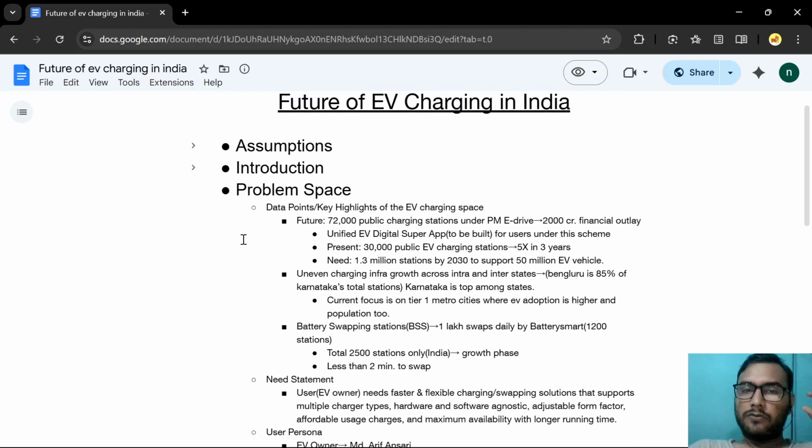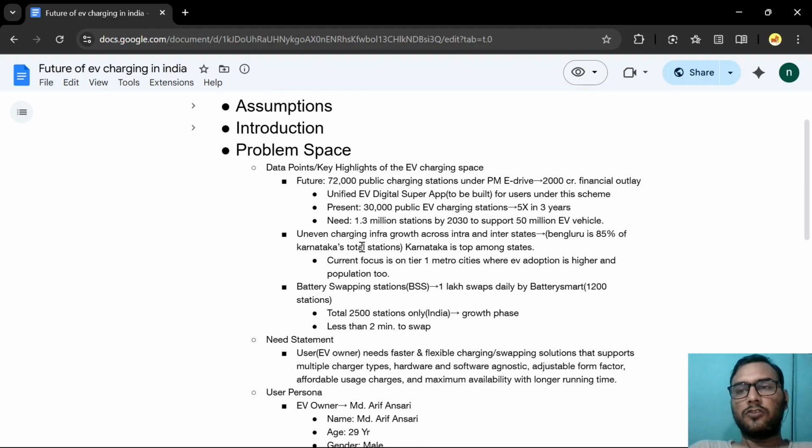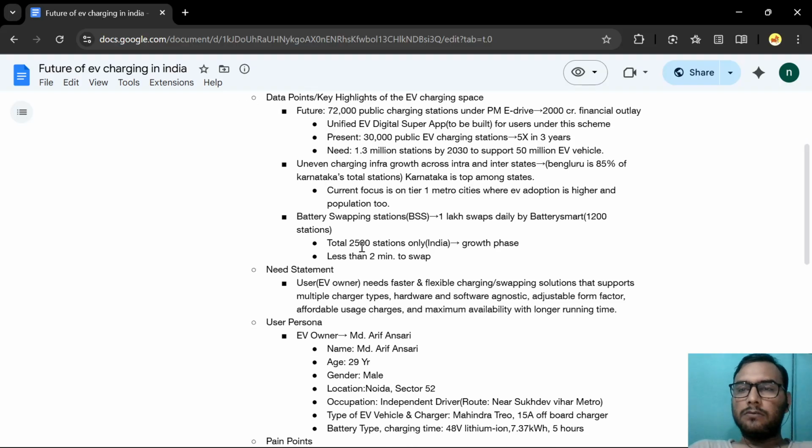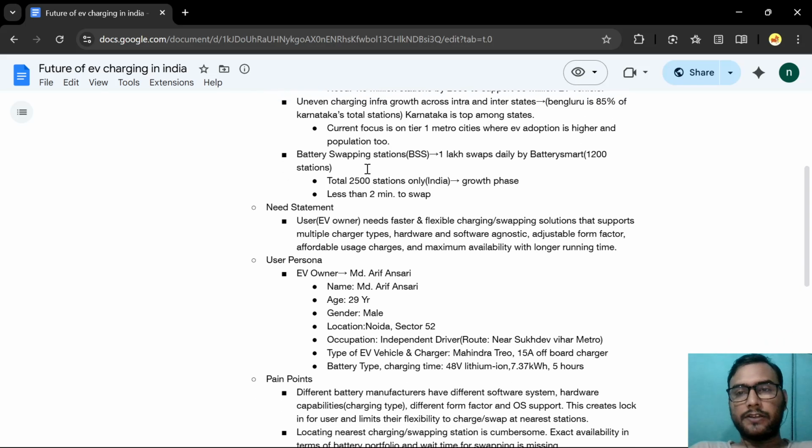Similar to charging, since battery charging takes some time, whether it's fast charging or slow charging, slow is, I think, around 6 to 8 hours. But fast charging is, let's say, a maximum of 1 hour or half an hour. So swapping is a different concept where you go and change your battery, and you can do that in less than 2 minutes, and it has been growing in popularity across various geographies. But in India, there's a company called Battery Smart.